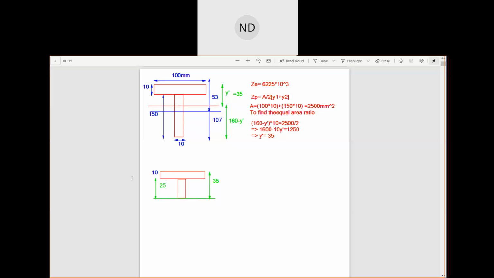So the CG of this portion will be your y1 from the equal area axis, this axis. Suppose your CG is somewhere here,